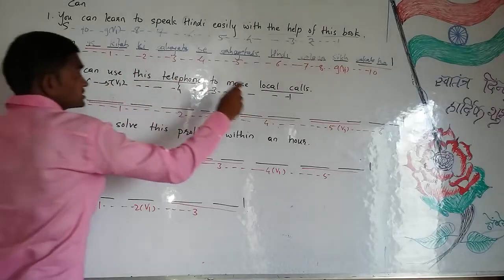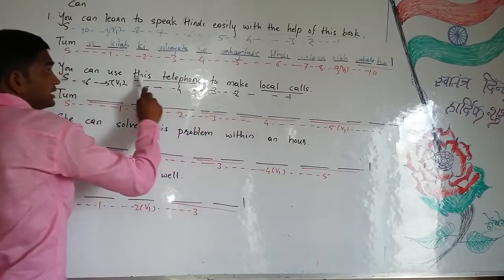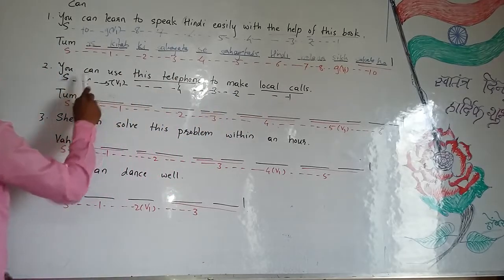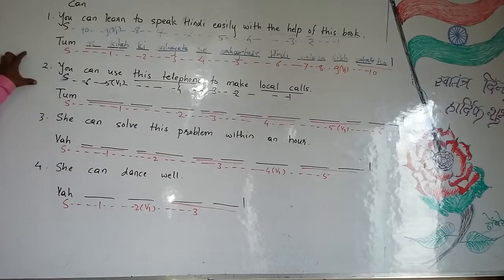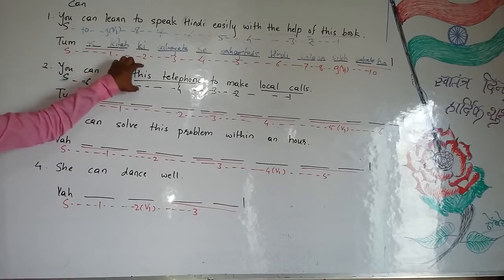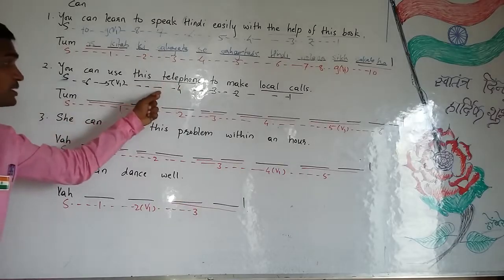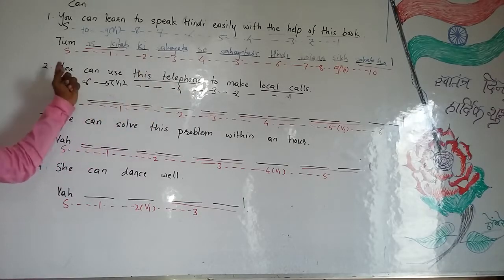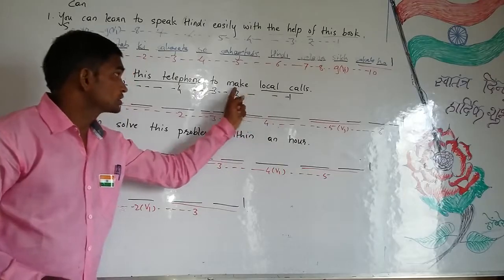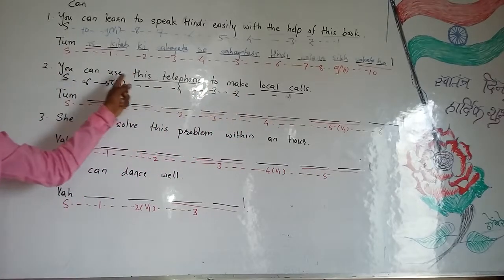Now you have to pause the video and looking at this English sentence, you can use this telephone to make local calls. You should try to speak this sentence in Hindi, such as तुम स्थानिक कॉल्स करने के लिए यह टेलीफोन इस्तेमाल कर सकते हो।